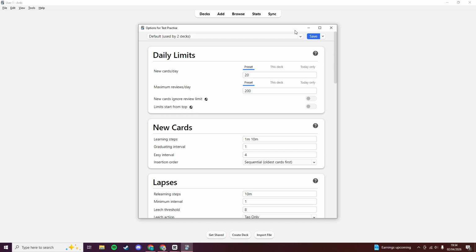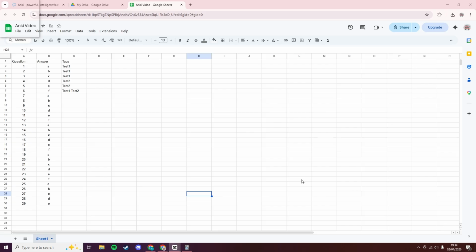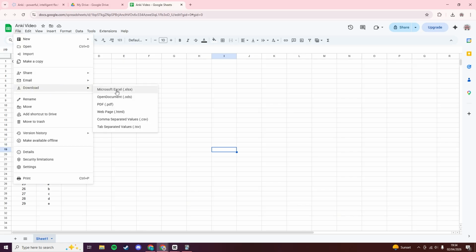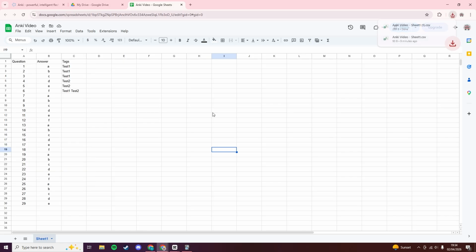What we're going to do is re-upload a new set of flashcards, and I'll show you why this section here is important. So as you can see, we're back in the spreadsheet. I've just added 29 questions with answers. We're not going to bother with the tags because for this demonstration it's not beneficial. We're going to re-download that CSV,